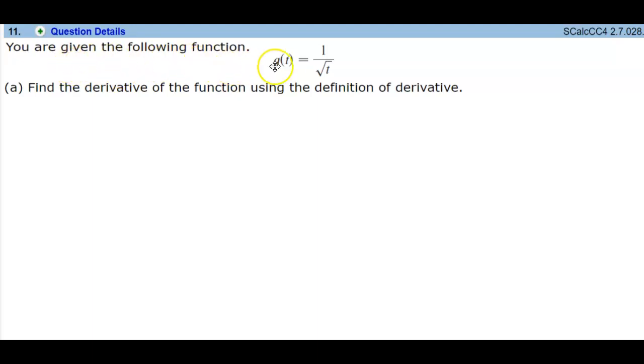Okay, here you are given the function g of t, which is equal to 1 over the square root of t. We want to be able to find a derivative of the function using the definition of a derivative. Now recall that the definition of a derivative is the function g prime of t, which is equal to the